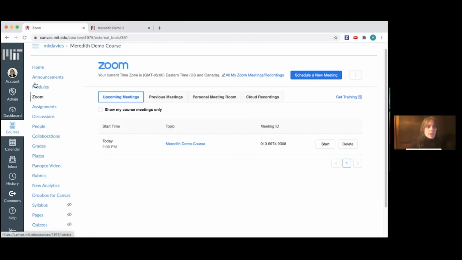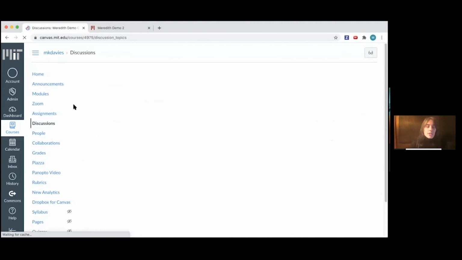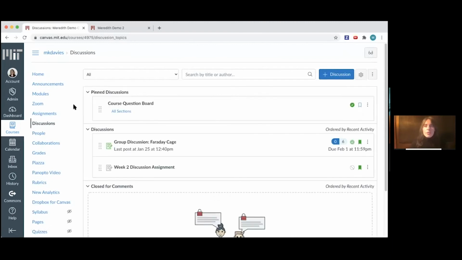So turning our attention back here to some of the other tools here. There's a discussions feature in Canvas if you want to set up discussion boards. One thing that's really great about the discussion boards is you can make them graded. Just as you made a graded assignment, you could make a graded discussion. If you do make a graded discussion, you'll see that same kind of editor that we saw when we made